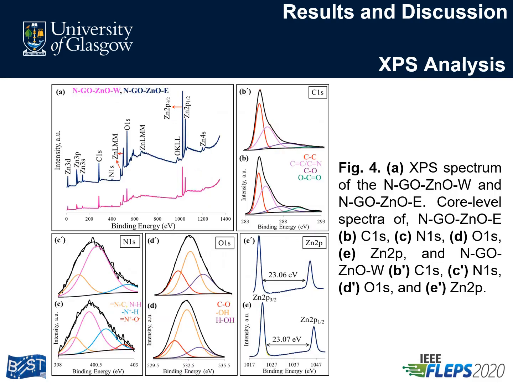After XRD analysis, XPS analysis of both nanomaterials was performed. The figure shows the XPS spectra of both nanomaterials, which clearly reveal the presence of nitrogen and zinc, along with the expected carbon and oxygen atoms from the corresponding peaks at their respective binding energies. Zinc and oxygen peaks of zinc oxide nanorods prepared in ethanol solution exhibited comparatively stronger intensity than the zinc oxide nanorods prepared in water solution, thus suggesting the presence of a higher proportion of zinc and oxygen atoms in its electronic environment.